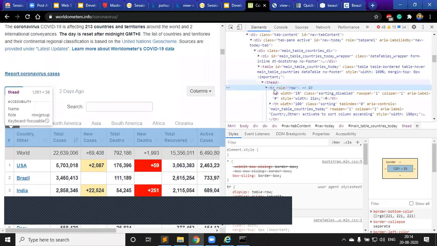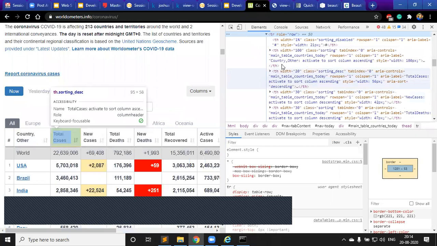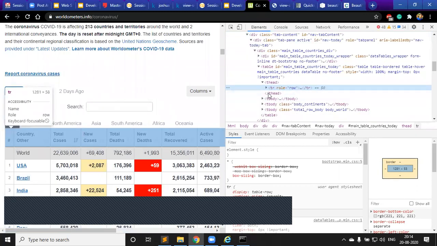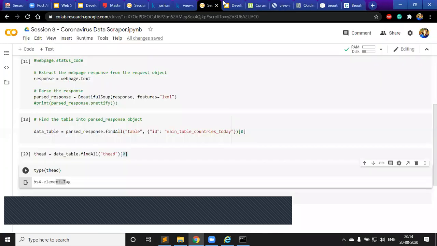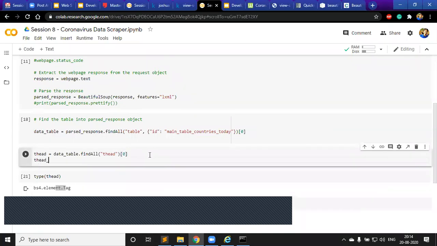So in this tag you could search for tr. Again there is only one tr, so the 0th element will be that from this result set. In t head if you search for tr, you will get a result set, and that result set only has one tr. So again, if you wanted to say something like that, t head trs,